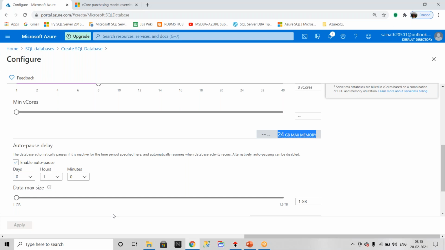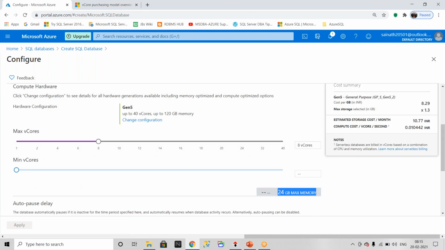Everyone, getting it? When you go to serverless, the resources are not pre-allocated, the resources are just scalable. So whenever you try to access the database, Microsoft will allocate the resources to it. If your database is idle for a while, those resources will be deallocated again and can be used by anyone else. That is what happens when you go for serverless.